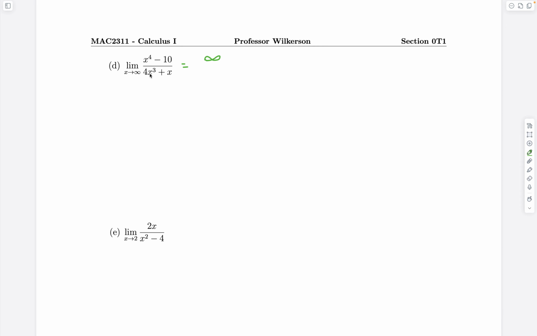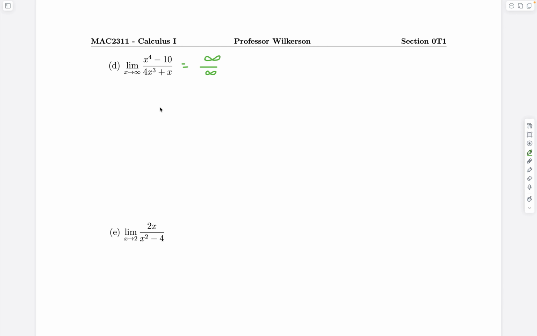Same thing in the denominator. This infinity is going to go times itself 3 times, get scaled by 4, and then you add infinity again. That's still just a really large value. We're calling that infinity, right? This is an indeterminate form, just like 0 over 0, right? Infinity over infinity is an indeterminate form. Therefore, we need to do some algebraic technique to rewrite this limit into some other form for us to solve, okay? So, based on things we've done in the past,